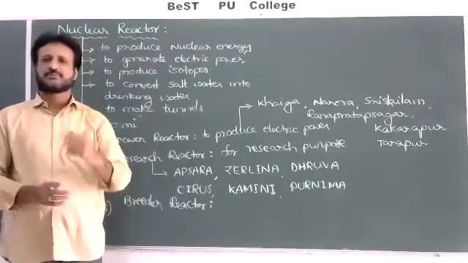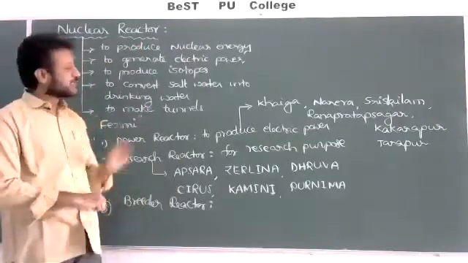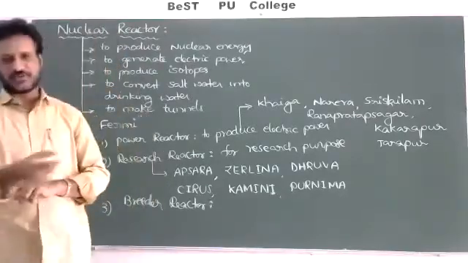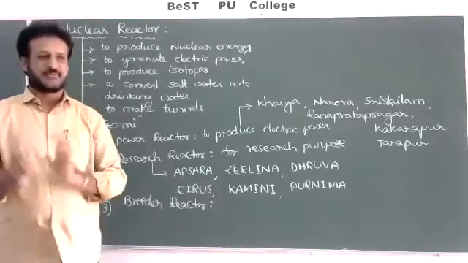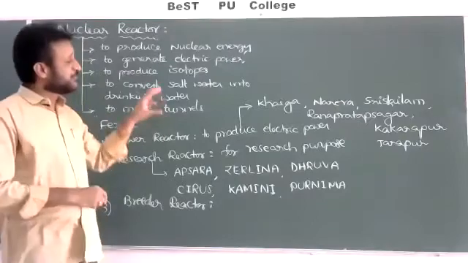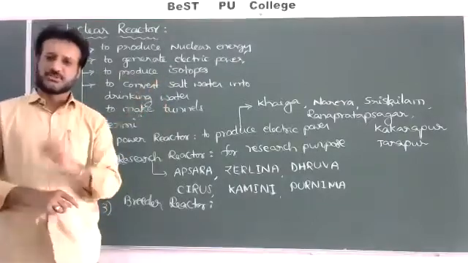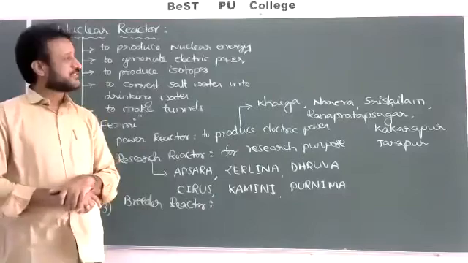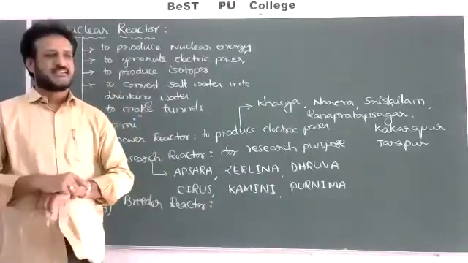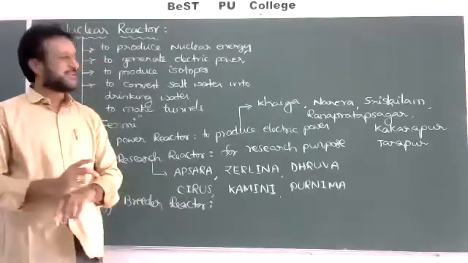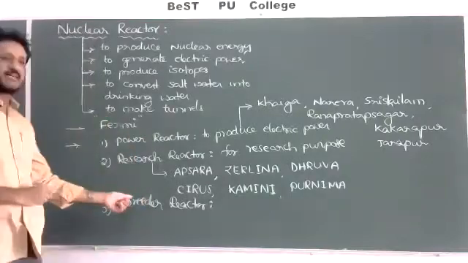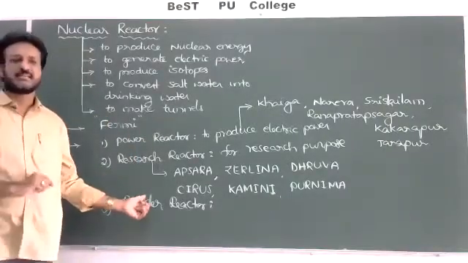Fuels like uranium, plutonium and thorium are required. Some of the fuels are easily fissionable with slow neutrons, but some are not useful. For example, uranium 92-235 can be fissioned with both slow neutrons and fast neutrons, whereas uranium 92-238 can be fissioned only with fast neutrons. That is not useful. That's why we have to convert non-fissionable material into fissionable material by using the breeder reactor. That process is called breeding.